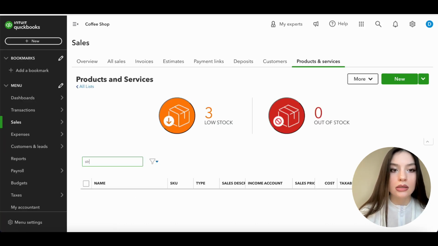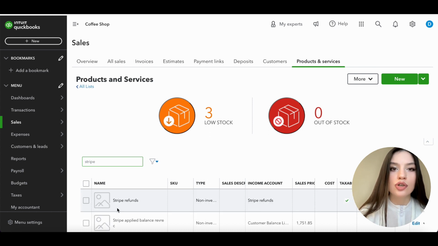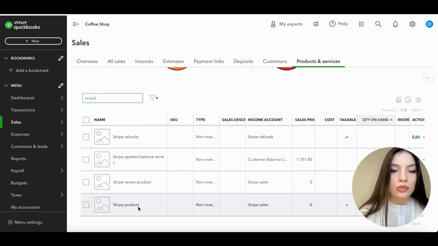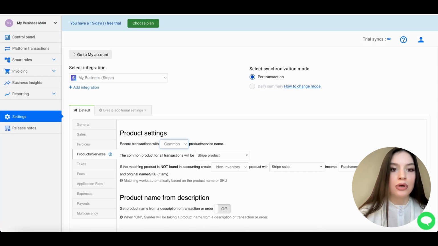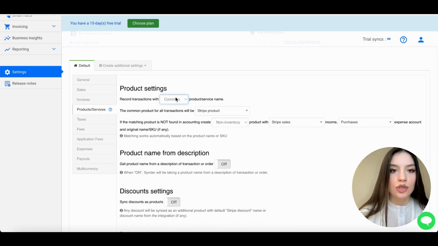And let's say in my case, it's Stripe product. So I can just double check that it will have the right income account associated with it in QuickBooks. So let's check it together. And it's tied up to the Stripe sales income account. So in my case, whatever I sync from Stripe, doesn't matter what will be the product in that sale, it all will end up on the Stripe sales income account. So we can change it back to the original, meaning that Synder will be syncing individual unique products from my